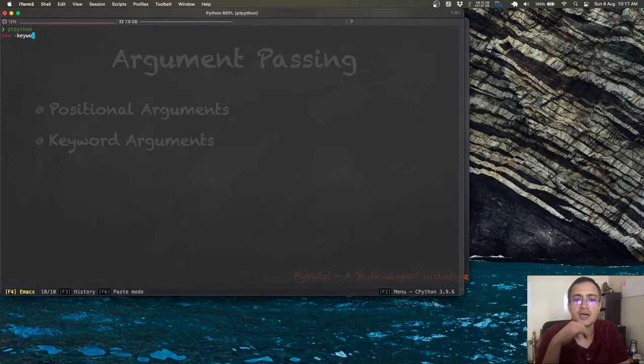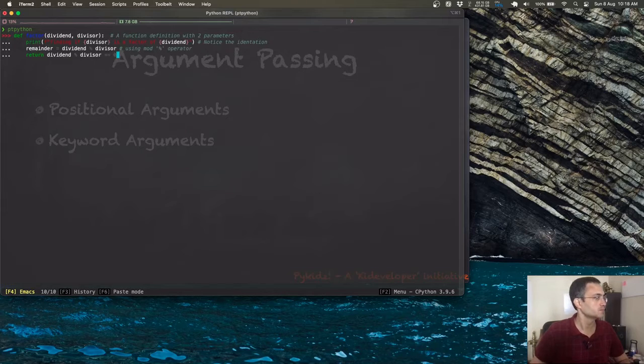Let us take our earlier factor code and put it into the REPL, and I will show you how this works, right? So this is our factor code. Just copied it from the file I have and I put it here.